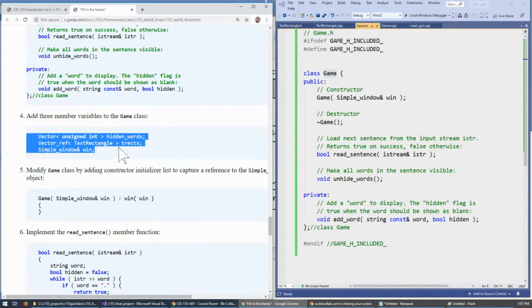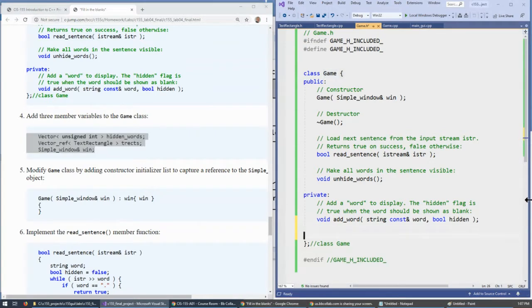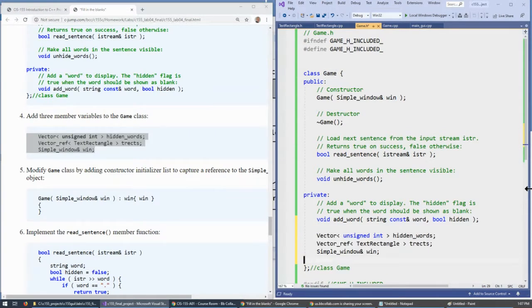I copy these 3, and I will also add them to the private portion of our implementation. So internally, we will have a vector of hidden words. Apparently, this is a vector that indicates indices of the words which should be hidden, and it also contains a vector of rectangle